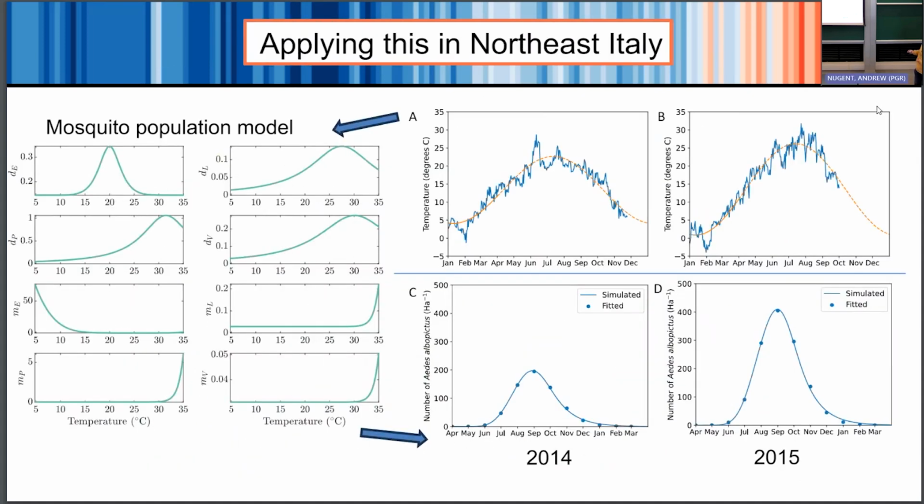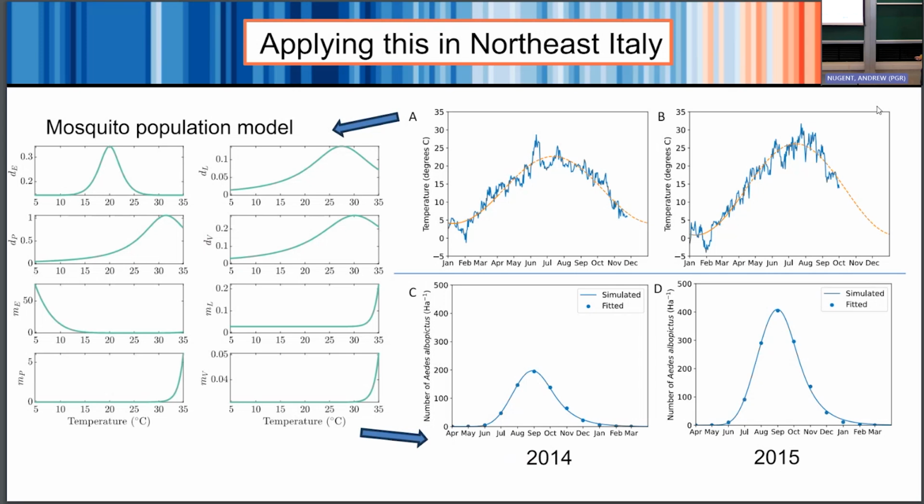So we were applying this in northeast Italy. We got some temperature data from a town called Feltre in 2014 and 2015. And again, we're fitting a cosine curve to this because we want to enforce periodic boundary conditions, because we want to compute the CER to compare against the TER. And we feed this